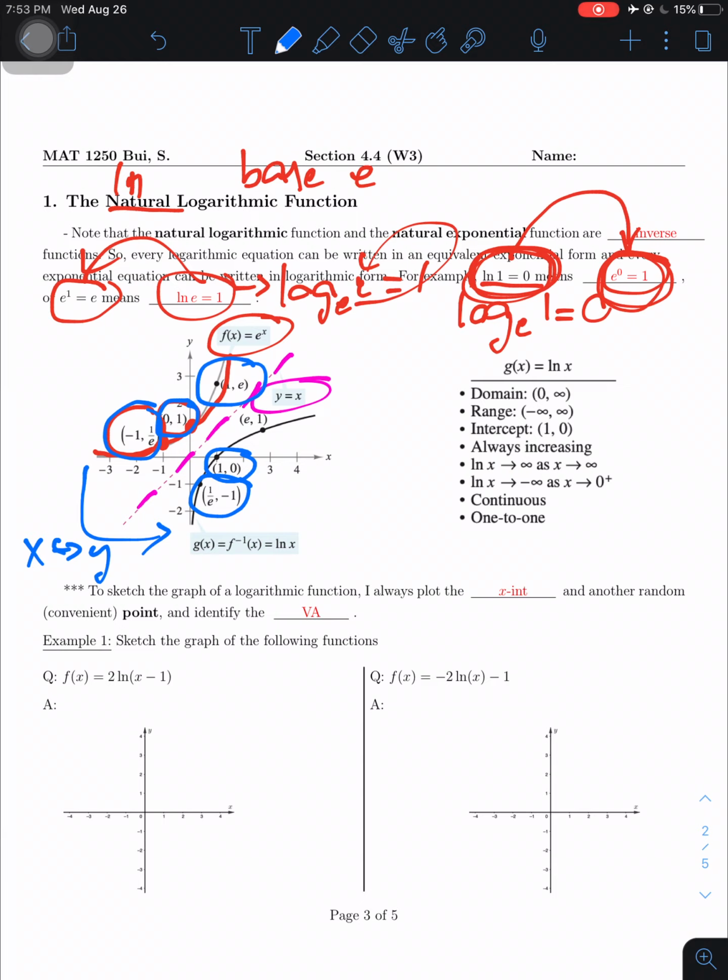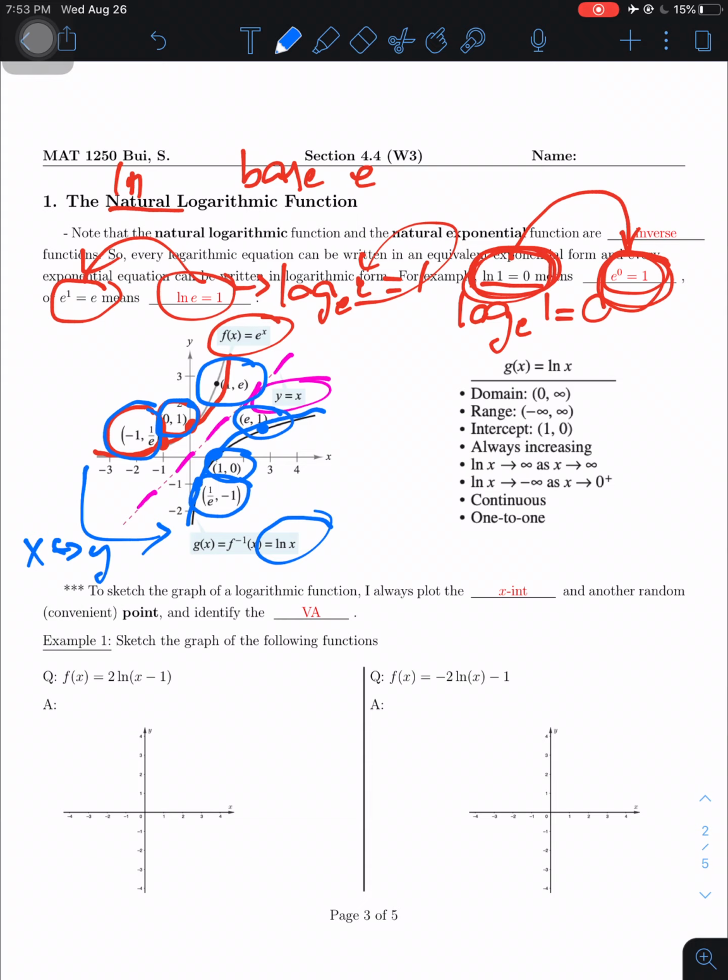So at the beginning you have 1 and e. After you flip it, you have e and 1. So now that you have 2 or 3 points, you can connect them together. And make sure you don't draw any lines in here, because as you can see, these 3 points cannot make any line, right? So they have to make a curve. So if you connect all the 3 blue points together, you're going to get this curve,